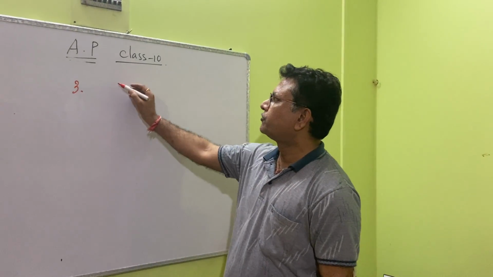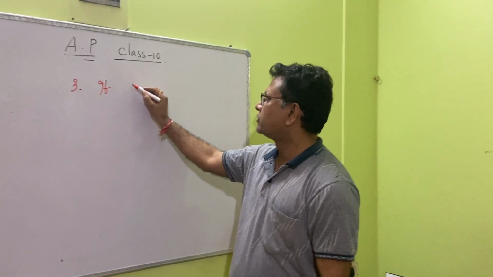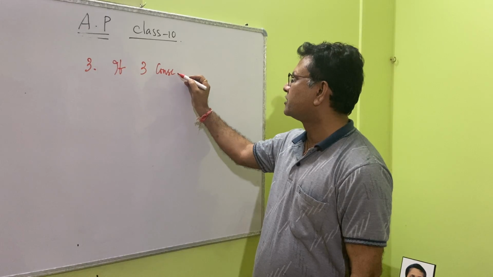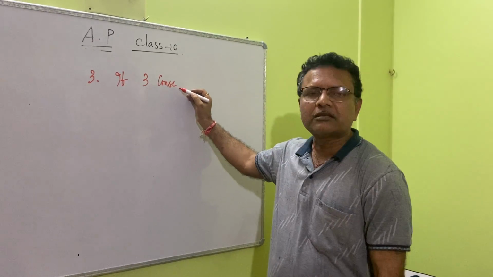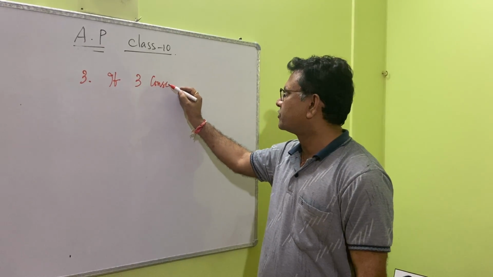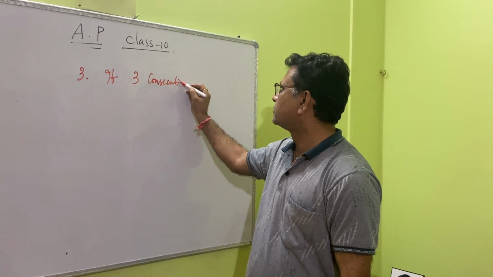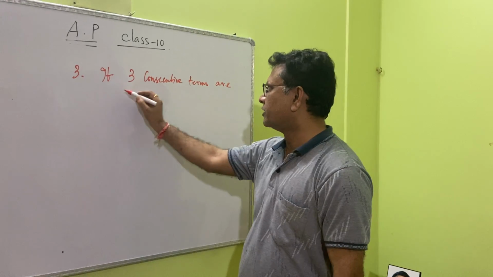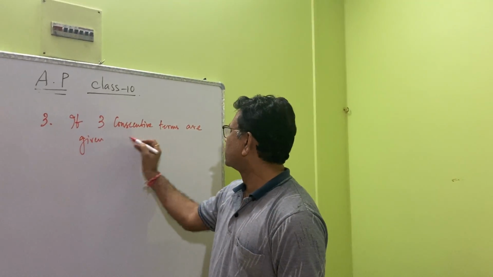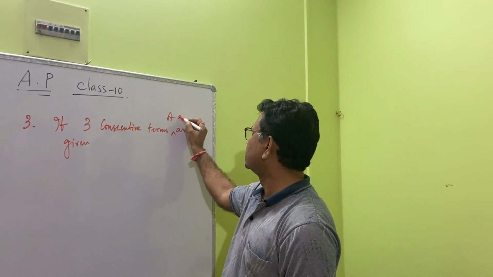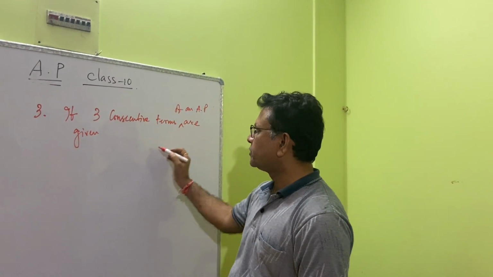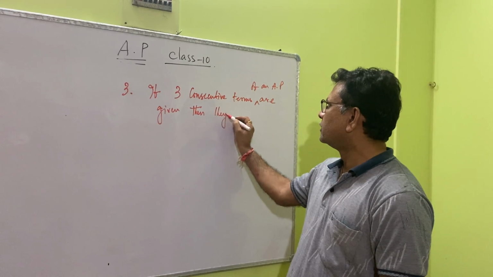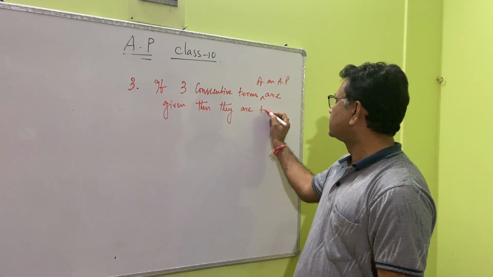Suppose 3 consecutive terms, whether the word consecutive is given or not, if nothing is given, you have to understand it as consecutive. If 3 consecutive terms of an AP are given, then they are taken as,